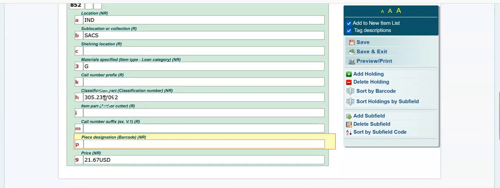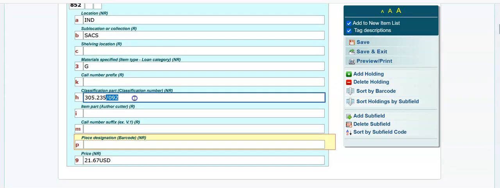Okay, yeah. Now I recommend after the dot, 305 dot, I recommend at most three numbers, not all that, and you never want a slash. I just put it in. You don't want those in call numbers. You should take them off. Okay, so we'll go